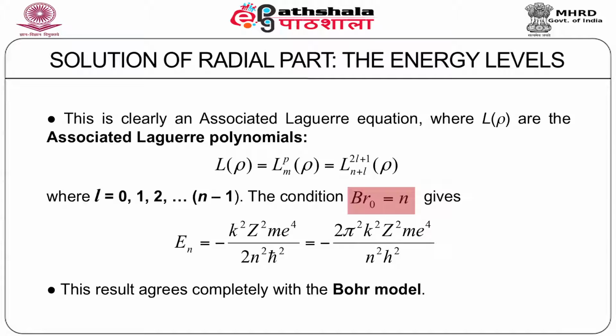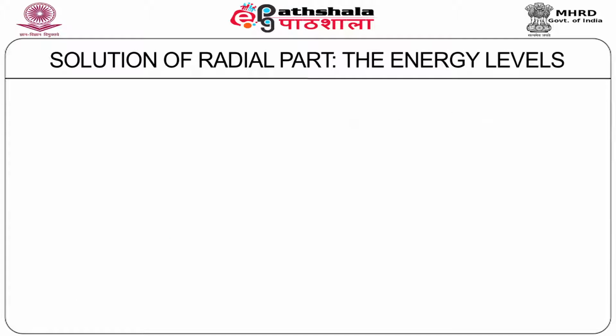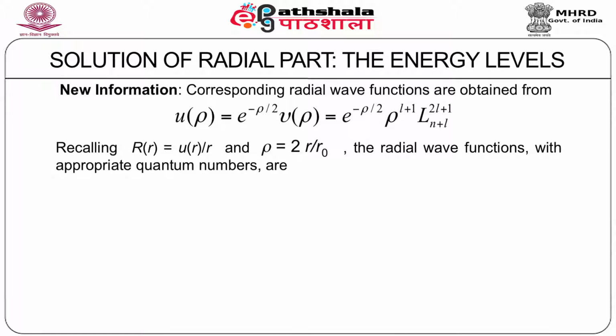So the discrete energy levels can be written down immediately. Once you identify this relation, that BR0 has to be equal to n, this gives the discrete set of energy levels, and this result agrees completely with the Bohr model. The new information is that the corresponding radial wave functions can be obtained from u(rho) equal to e